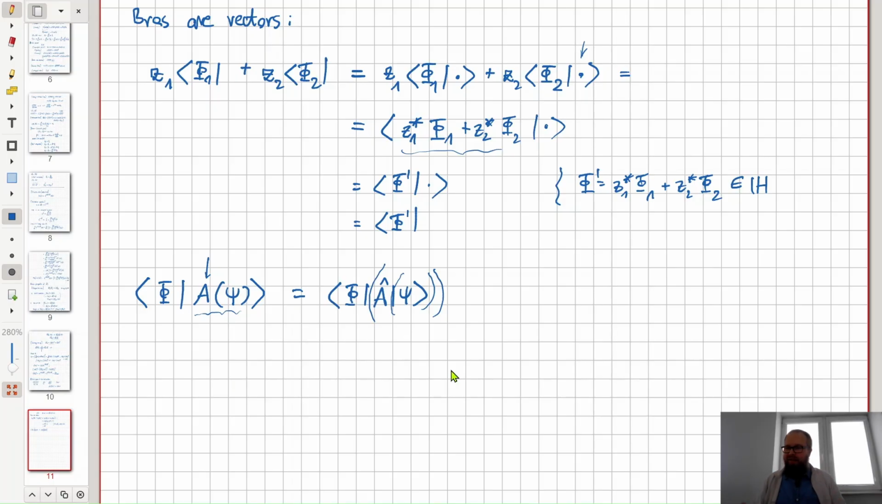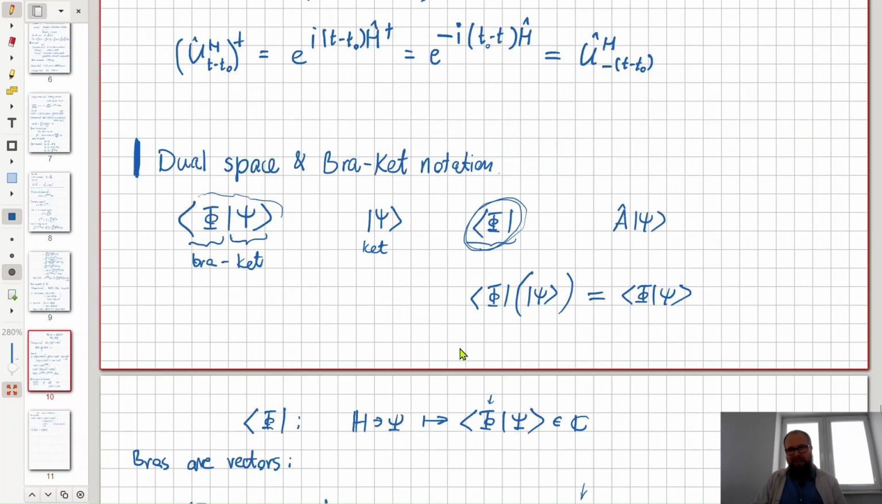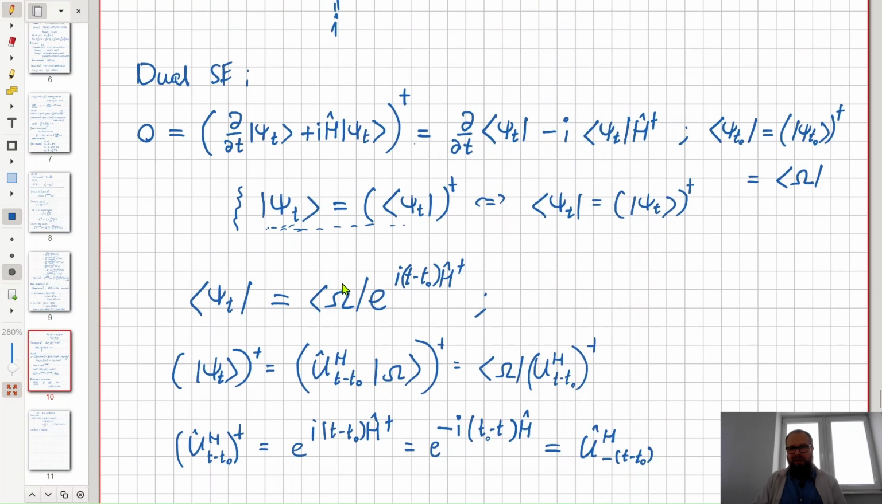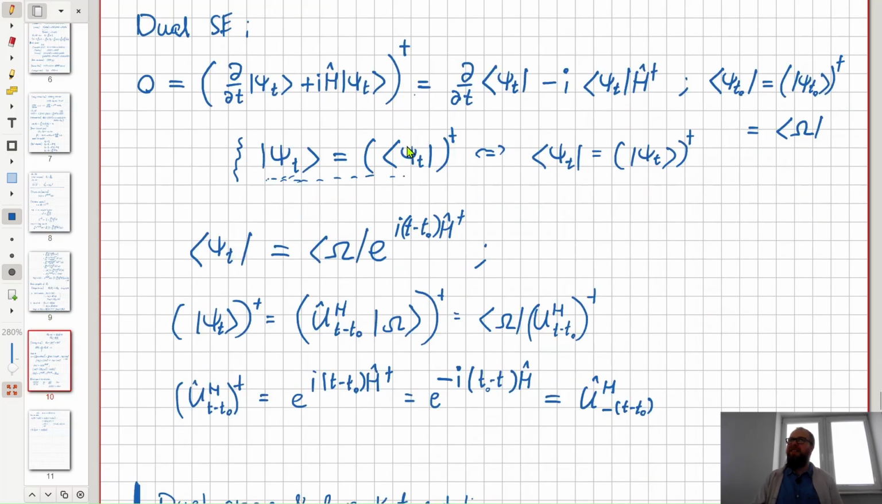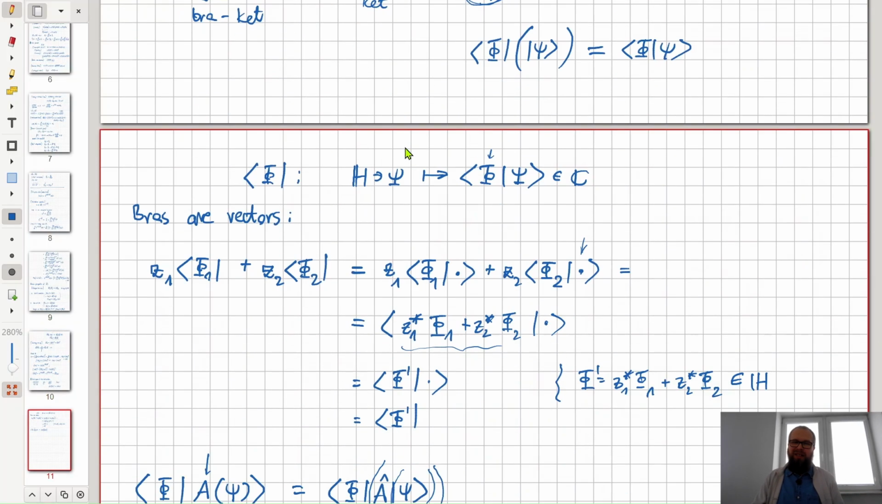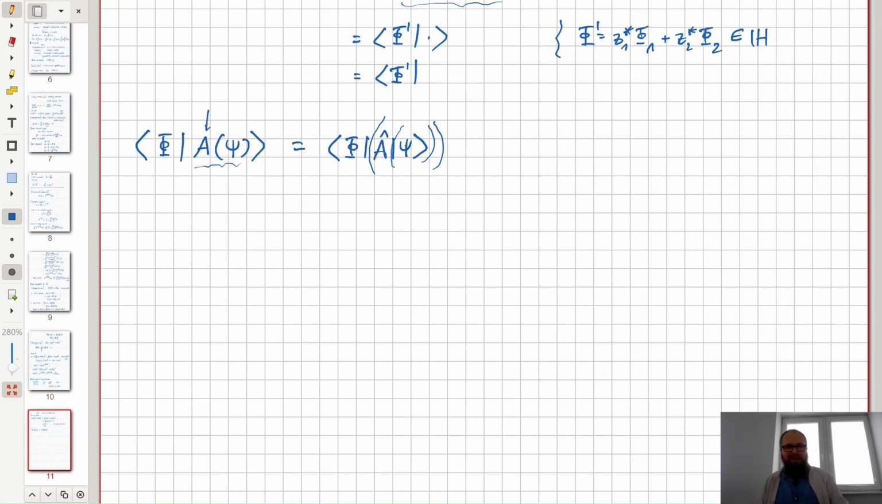And one last thing to explain myself, to explain this trick we were using here. How come switching to this dual space is achieved by daggering everything? How come? What's going on here? So to justify this kind of relation where you have